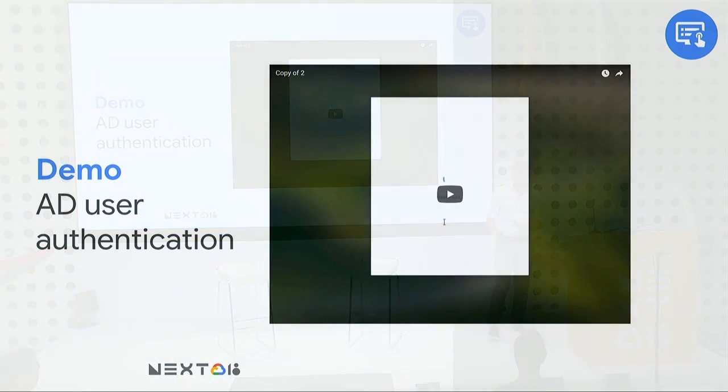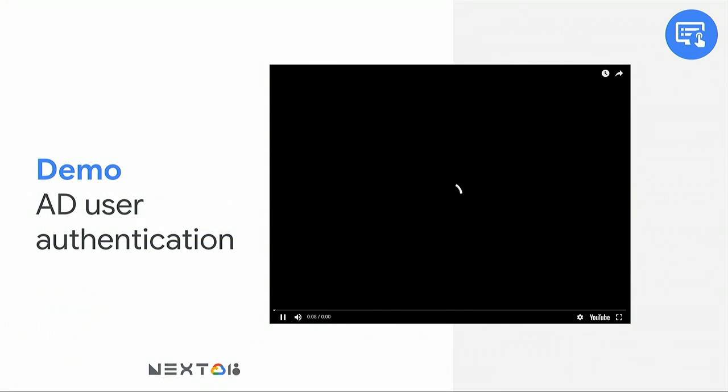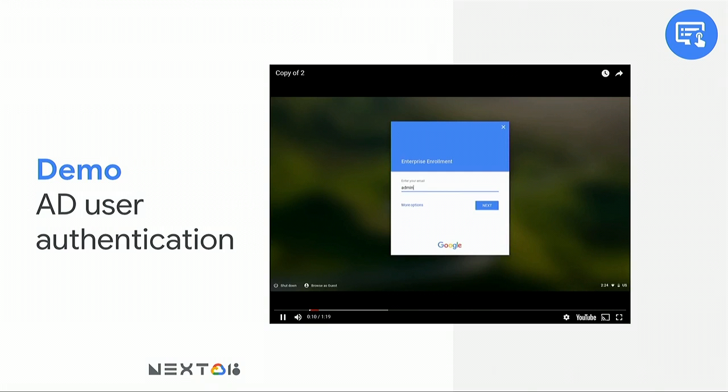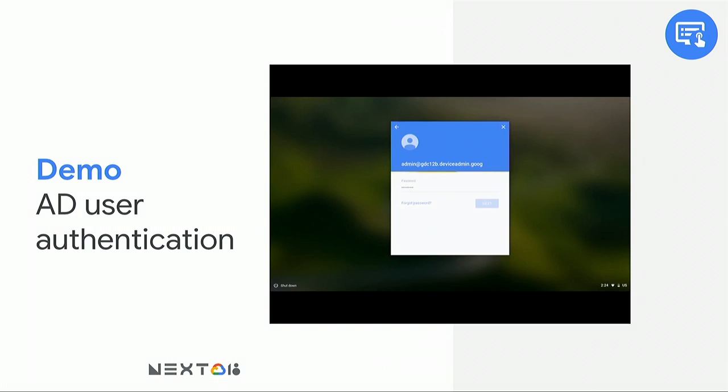So we have a quick demonstration here to see how this plays out in the user environment. This is going to demonstrate the Active Directory user authentication. So here we see the end user is logging in with their Google credentials, not their Active Directory credentials. And then, of course, they'll provide their password when challenged. And so now it's prompting the user to join this device to the domain. So the credentials that they're going to use in this environment, after they identify the machine,